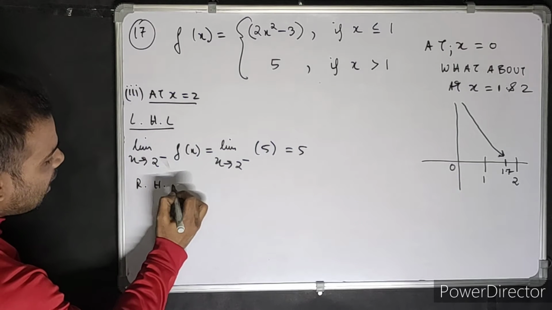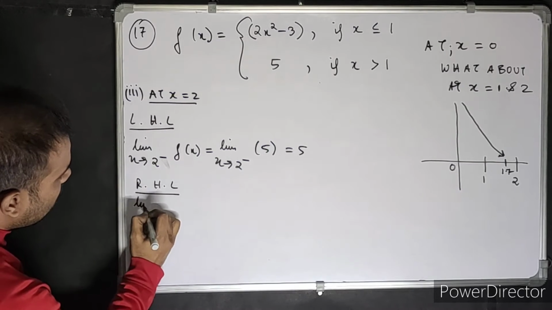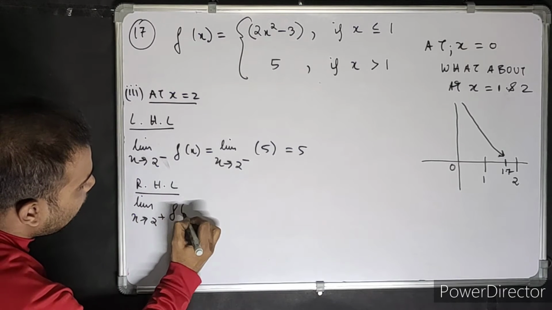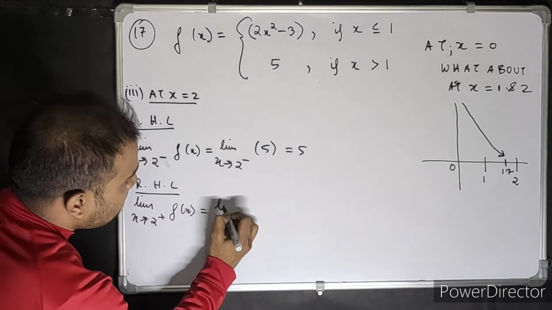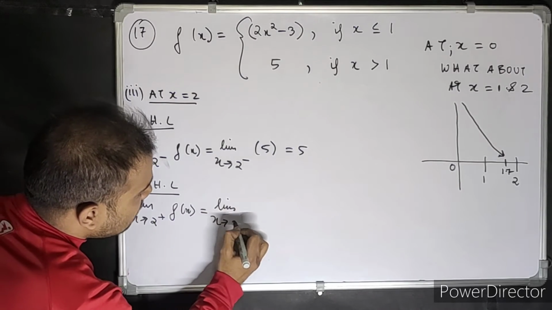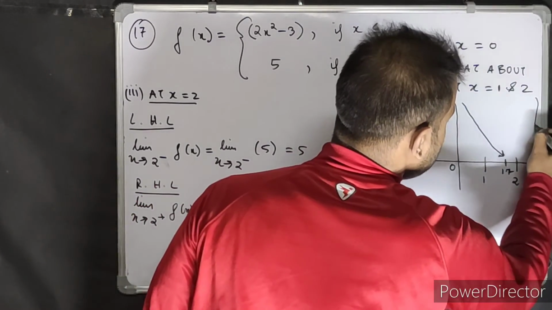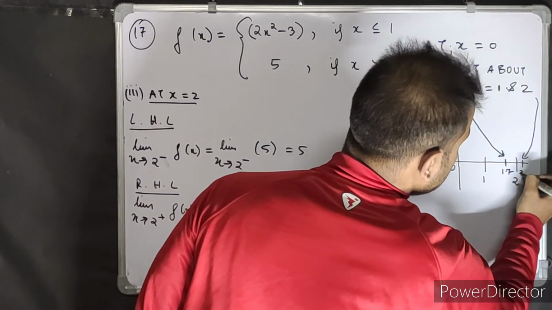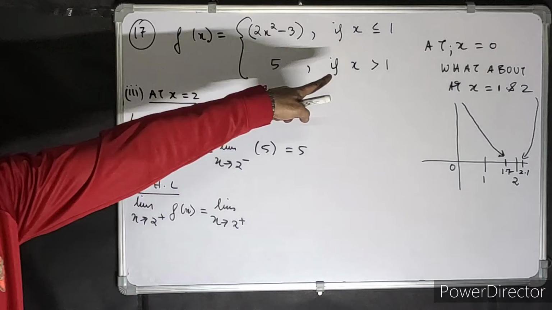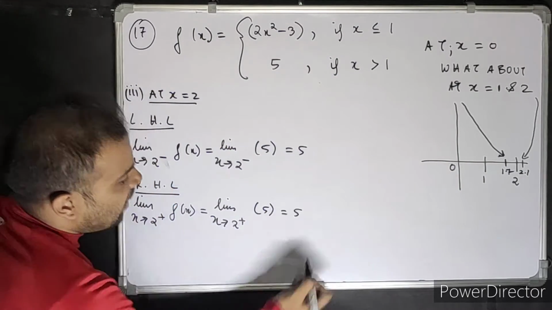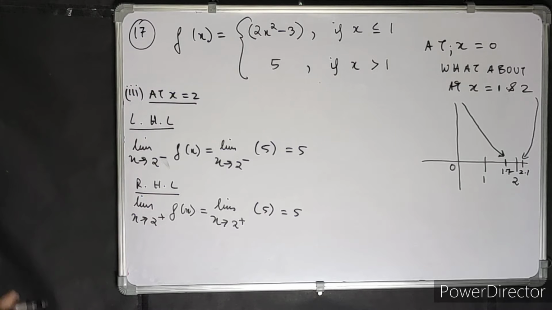RHL, right hand limit. Limit x tends to 2 positive, f of x. Approaching 2 from the right hand side, somewhere over here says 2.1, still greater than 1. So 5 again. 5. Okay. Now